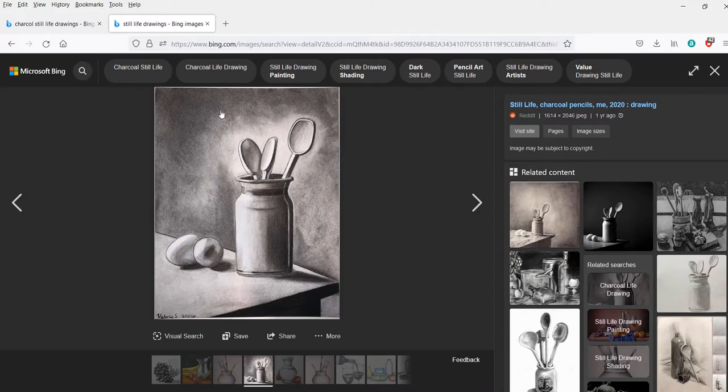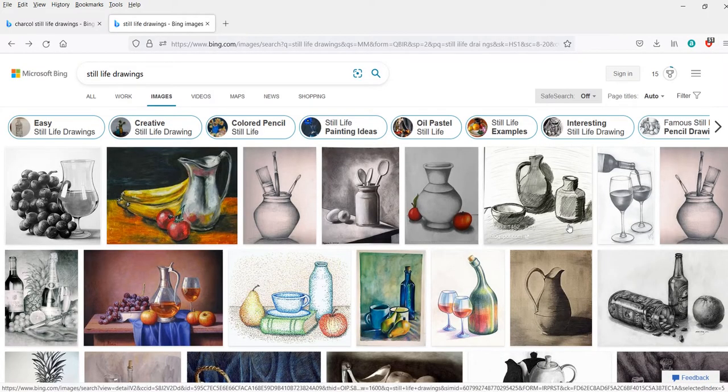And also you're going to be putting in a background like this. It's not going to just be floating somewhere. You have your tabletop surface, with cast shadows on that tabletop from your light source. The light source here is coming from the left side, on this particular drawing. Let's look at a few more.